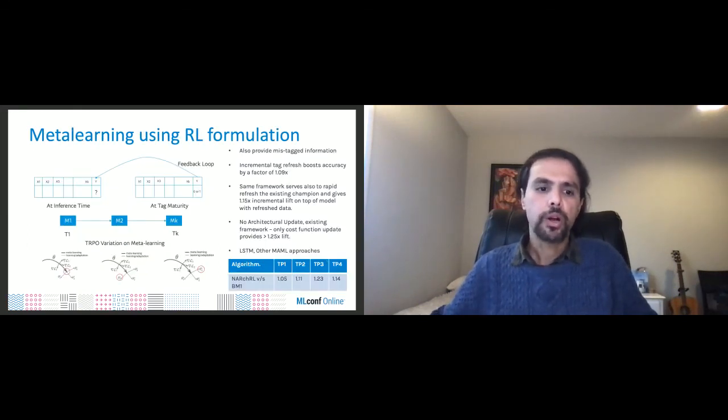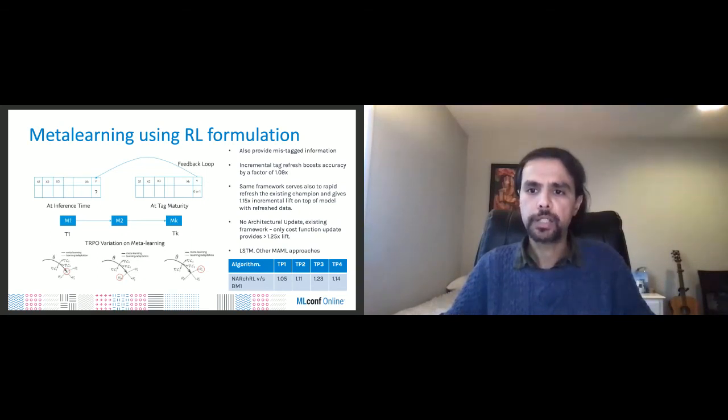Lastly, I also want to talk a little bit about the meta-learning case study, the second case study, where we had the TRPO variation. The idea here, as I mentioned earlier, was that at inferencing time, we don't have the source of truth. But from the point of view of the feedback loop, can we make that source of truth available ahead of time? So here we tried a variation of TRPO with the model-agnostic meta-learning algorithm, also known as MAML. With the variation of TRPO and MAML, we were trying to assess if the tagging inaccuracy can be mitigated and the source of truth can be available ahead of time.